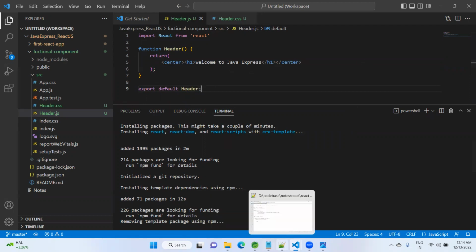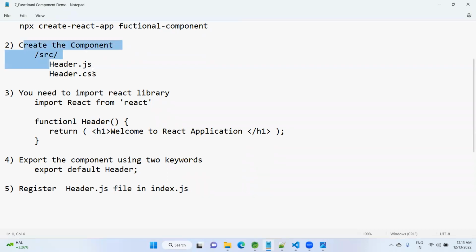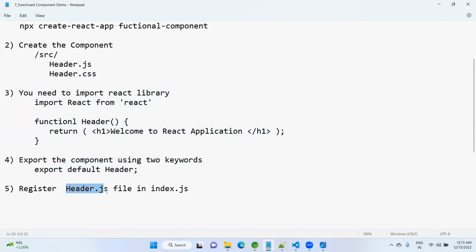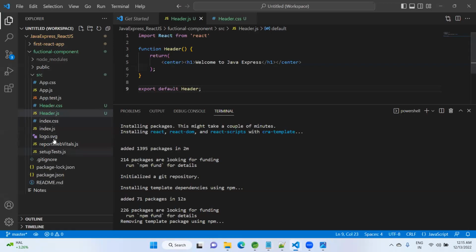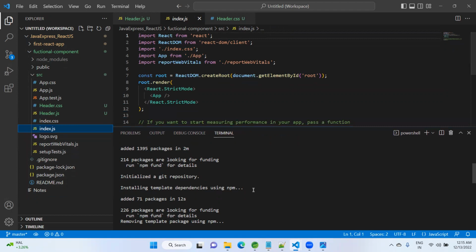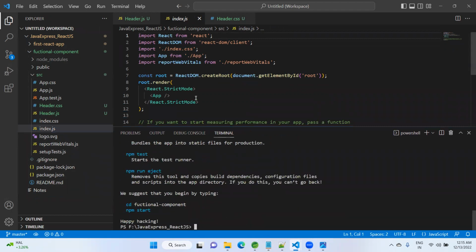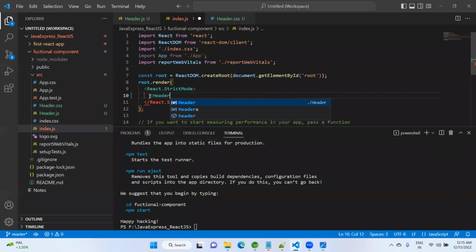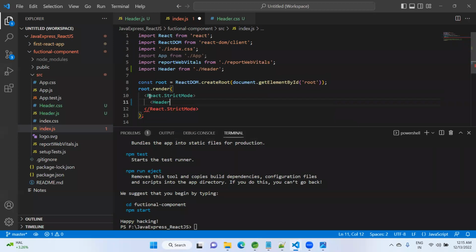Now what is the next step we should do? The second step is done, the third step completed, and the fourth one is done. Fifth one, the header.js file we need to store. Now go to your, where is our index.js? This is the one. By default, your application will run under the app component. Now I am not interested in using the app component. Just remove it here. Now what I need to display on the UI screen is the header component. That's it. If you press enter,